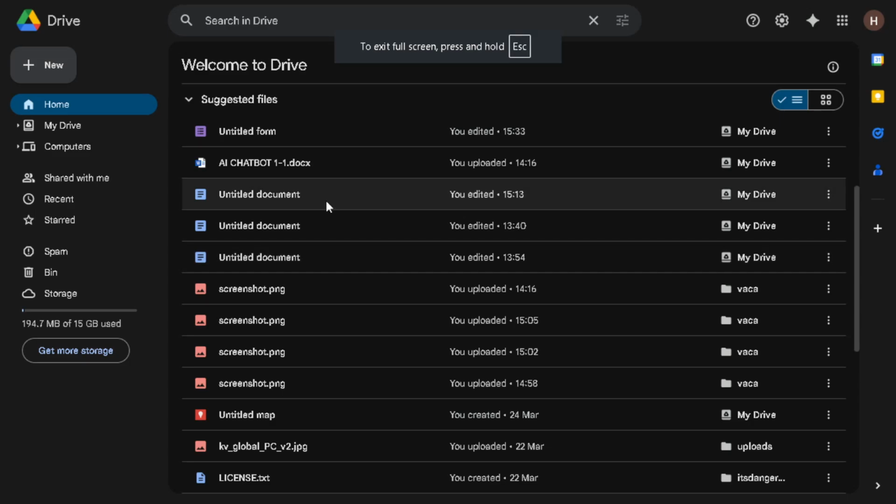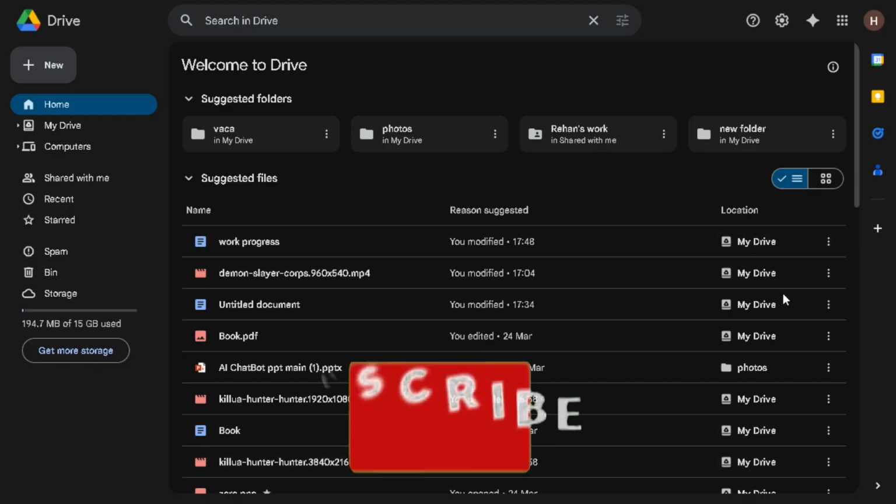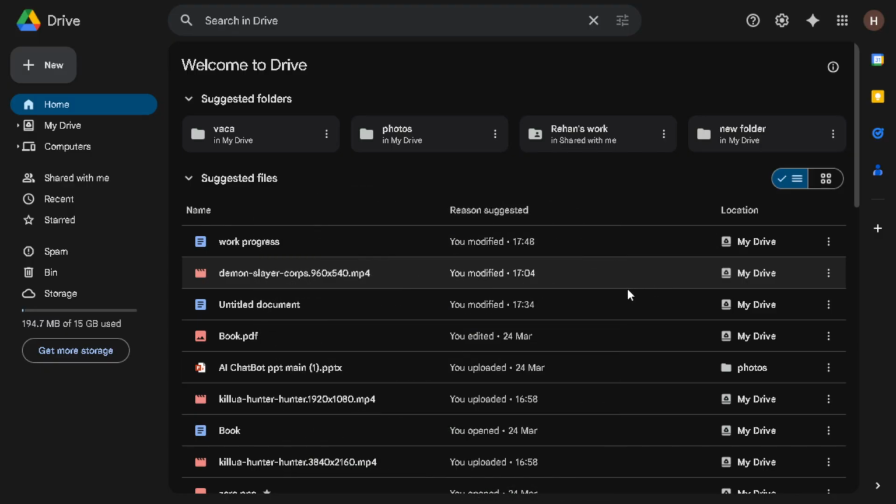In today's video, I'm going to teach you how to link Google Drive to Canva. This is a great way to access and edit your files directly within Canva, making your design process smoother and